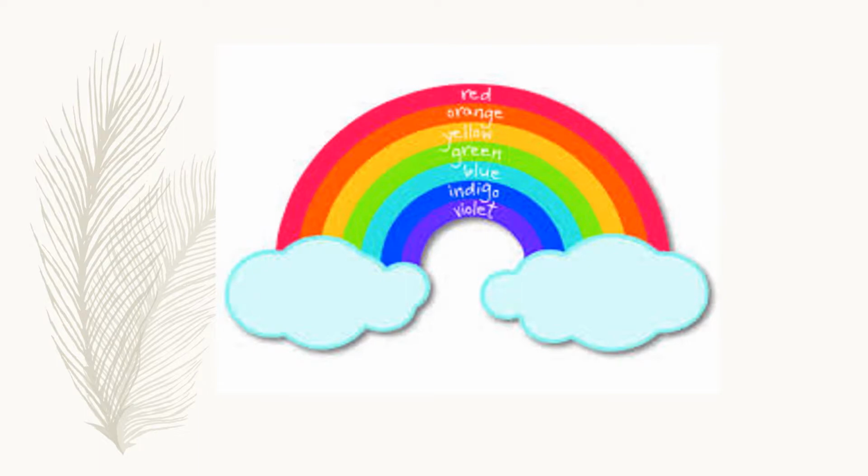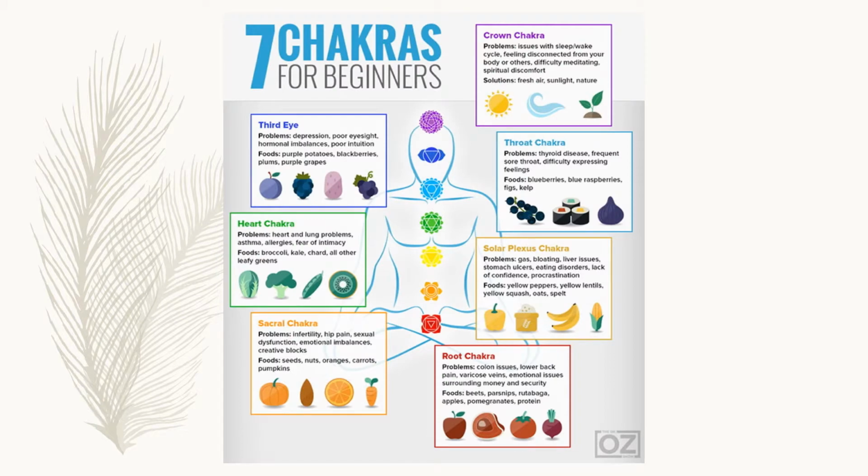So here I wanted to talk about eating a rainbow. You've got 7 colours of the rainbow. You've got 7 primary colours of all the different fruits and vegetables. And then those different colours also support the 7 different chakra systems as well. So there's a lot of foods that you can use to